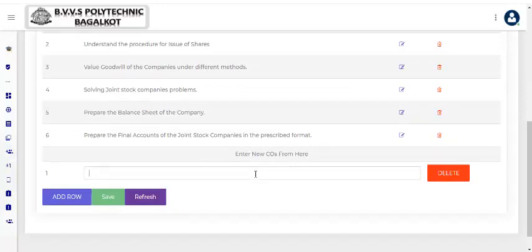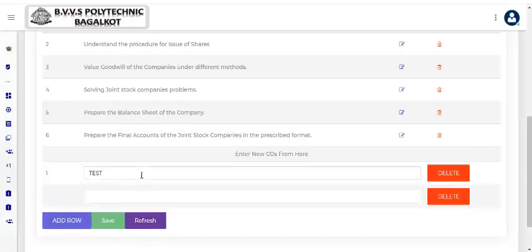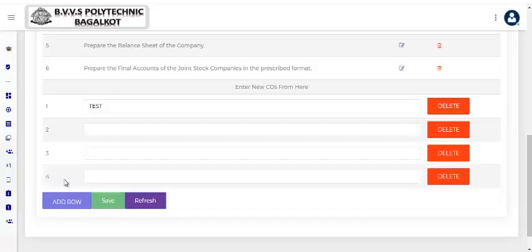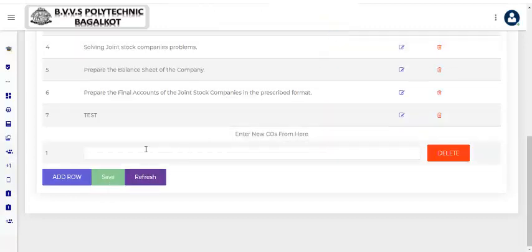If we want to add a new one, we can just add here. For example, I'll just mention it as test, then add. If you keep on clicking on add, we are going to get the complete details, and it is going to be added. And next I'm giving it as save, where you can just see here the subject has been added, the test.